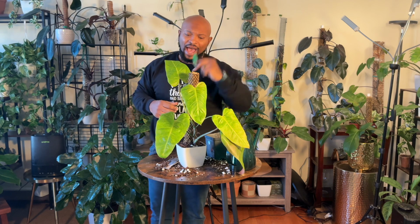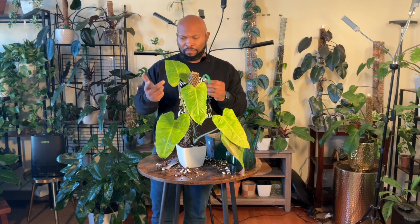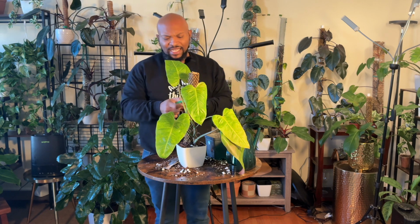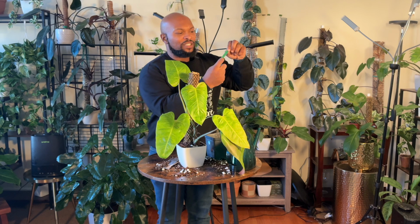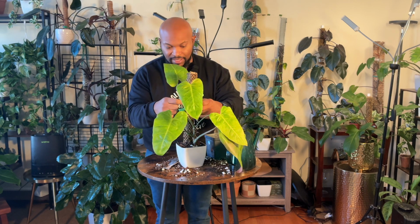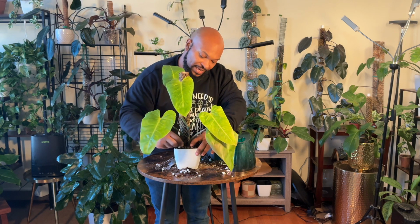Next, have you a zip tie or some type of grafting tape you've seen me use before? You can use something like that just to get the plant around. Now they have a soft side and a hard side, so make sure that soft side is what's touching that stem. I originally have it for,